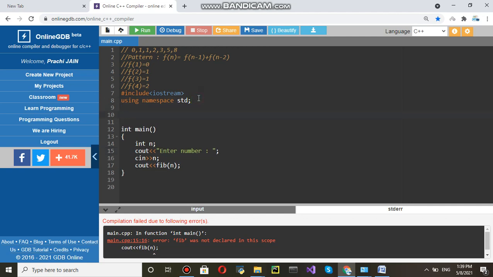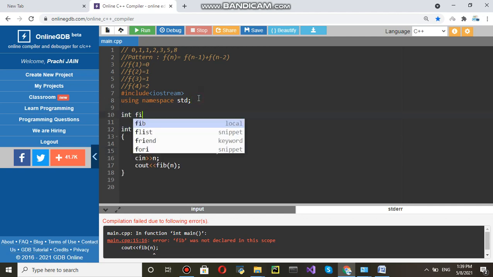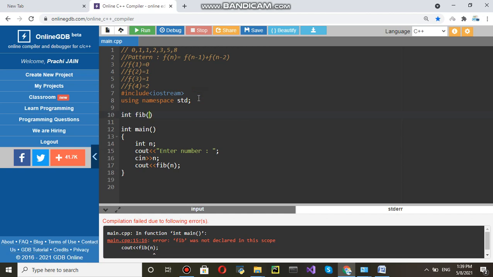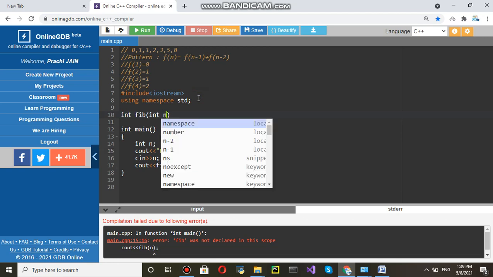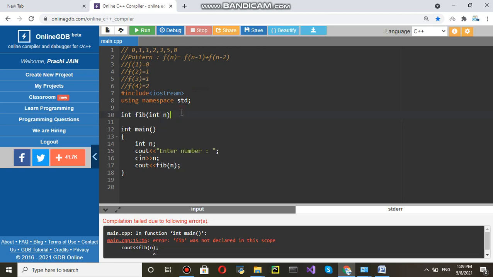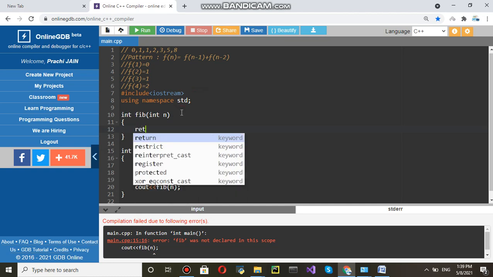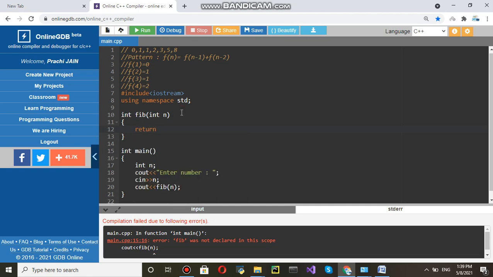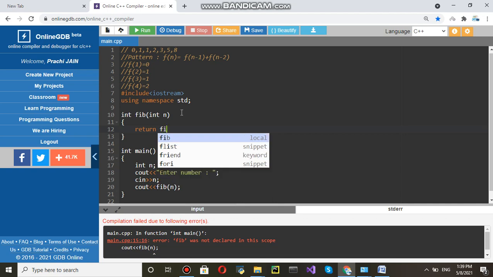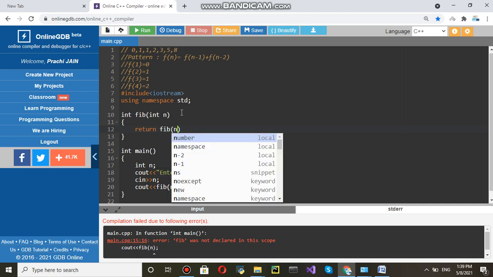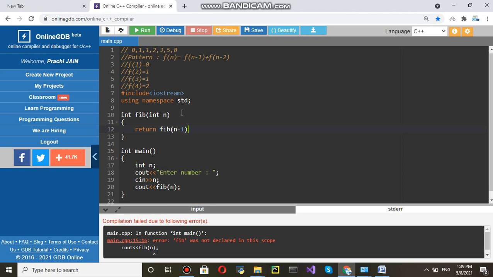So what to do? Declare int fib for the Fibonacci series, and then int n. Now we have to write the logic for the Fibonacci series. So in return we need to write fib of n minus 1 plus fib of n minus 2.